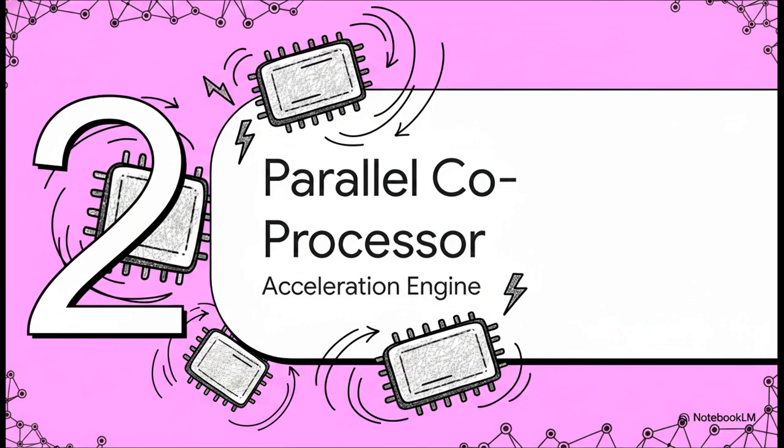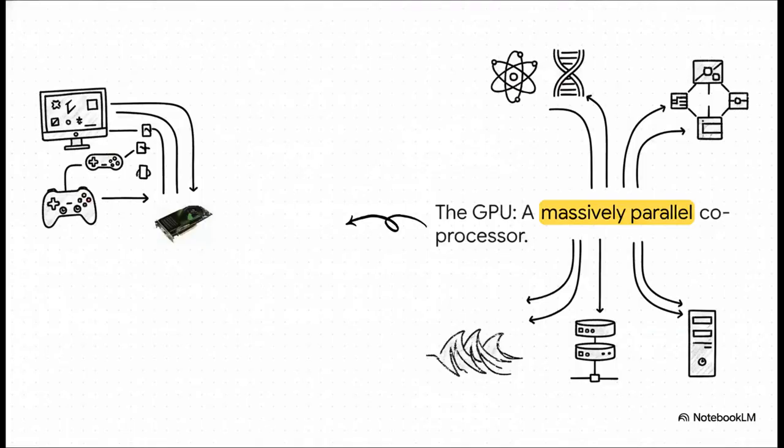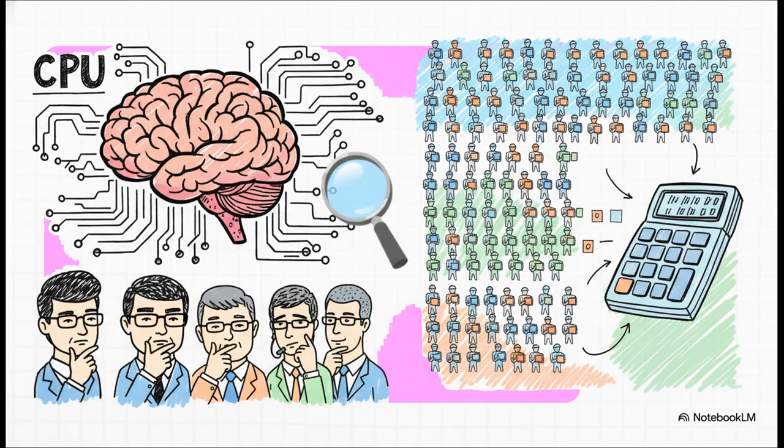Section 2, the massively parallel coprocessor, the engine behind the acceleration. And the hardware doing all the heavy lifting under the hood is the graphics processing unit, or GPU. Originally, these were just meant to push pixels to your monitor for gaming, right? But computer scientists realized this unique physical architecture was absolutely perfect for crushing scientific data bottlenecks. This is especially true when you unlock it with parallel computing platforms like NVIDIA's CUDA. CUDA is basically the software layer that lets developers write programs to run directly on the GPU's highly parallel architecture. We call this a massively parallel coprocessor. Basically, it's a specialized hardware unit designed to handle thousands of independent operations at the exact same time, running right